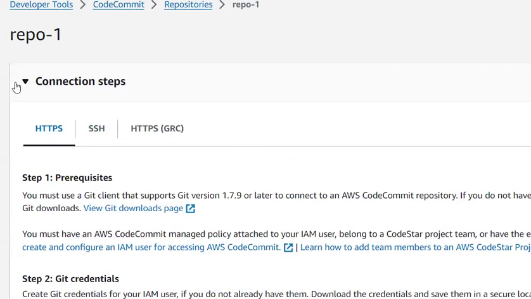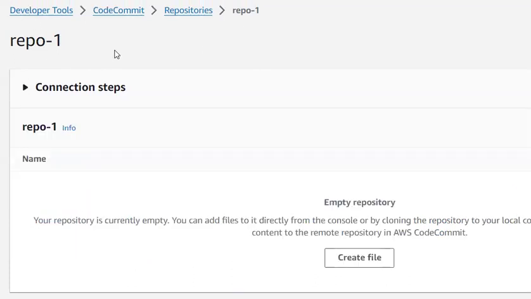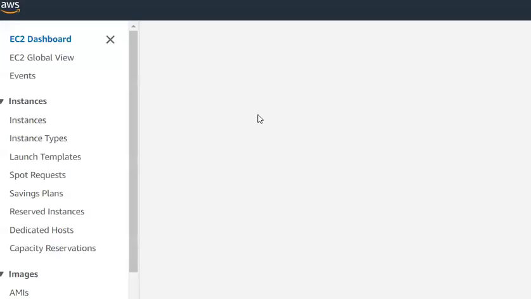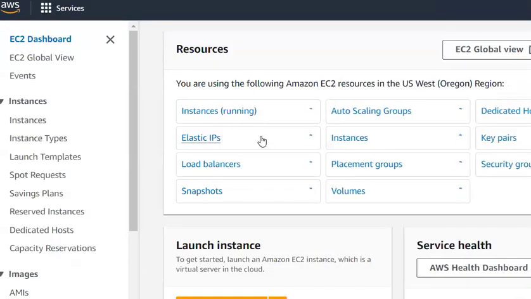So first, what I want to do now is, I have just created my repository. Now in this repository, I want to push or commit my code. So where is my code, sir? Actually, I created my code in EC2 instances. Now I want to connect to my EC2 instance. I want to push my code to this particular repository. So for that,